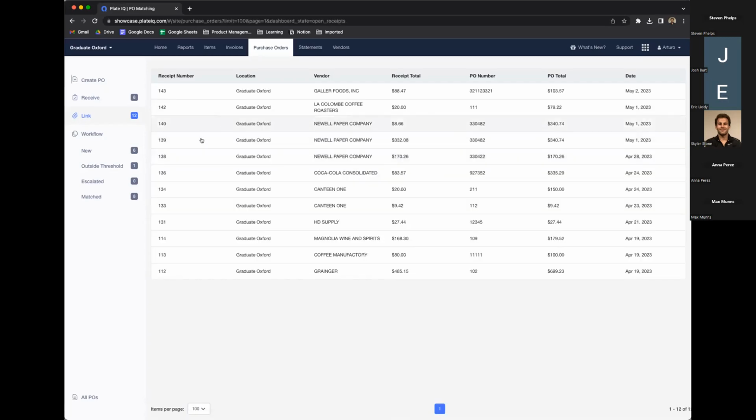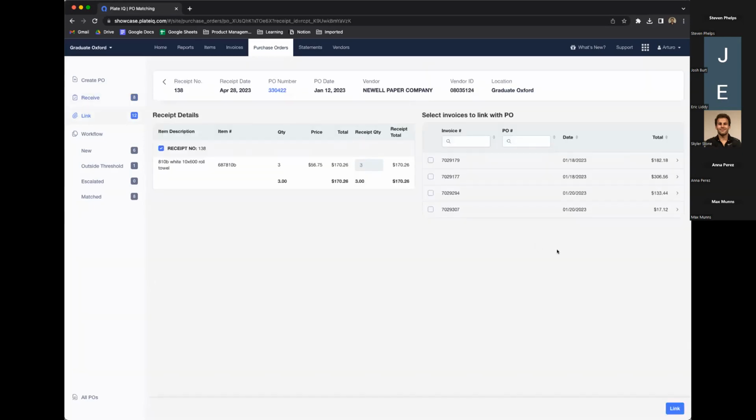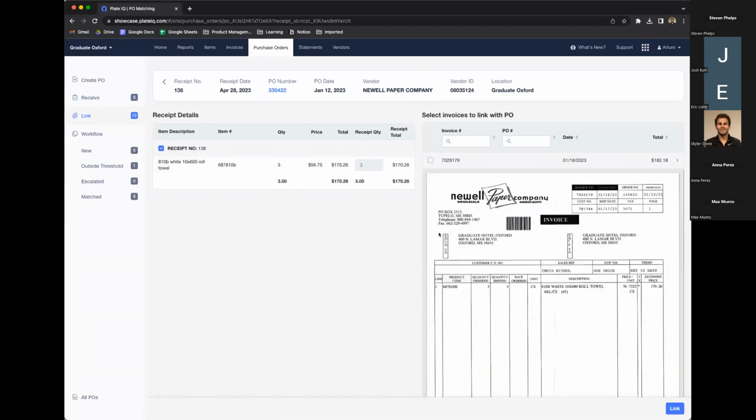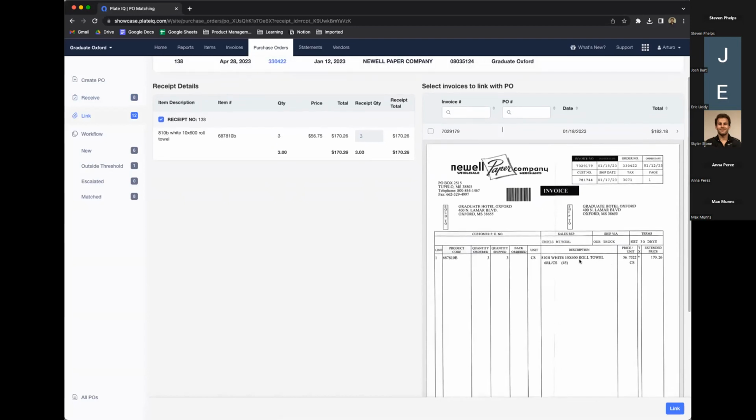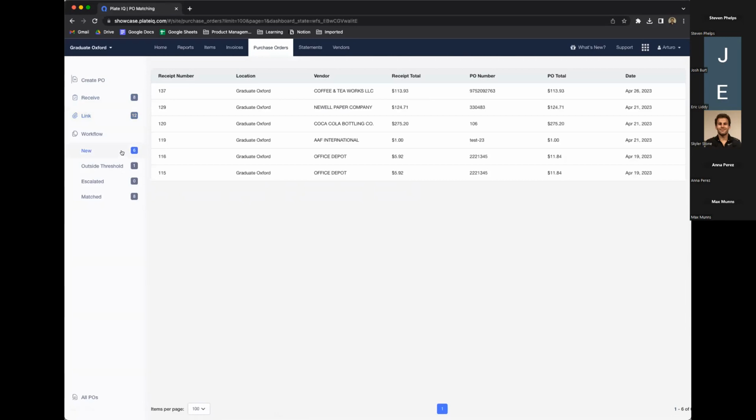and that would accurately marry these two documents together. Here's an instance down here where we have a few invoices that match that date range compared to one actual receipt. We can then go ahead and click on this. You'd see an actual picture of your invoice. And you see, okay, well, this item description matches this item description. The price matches each other. This must be a link. So then I can go ahead and click link. From there, once you link or essentially marry a receipt and an invoice together,